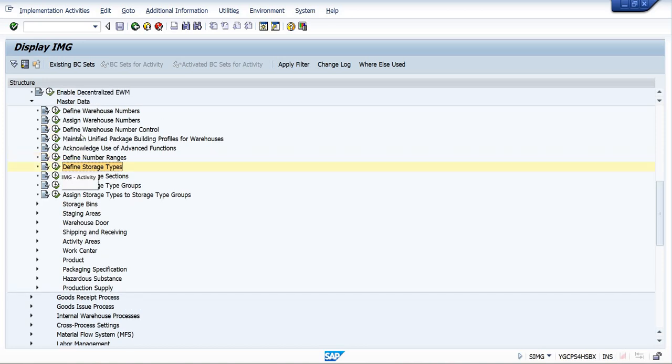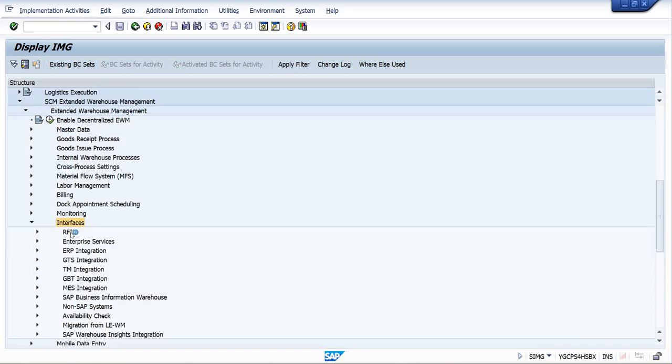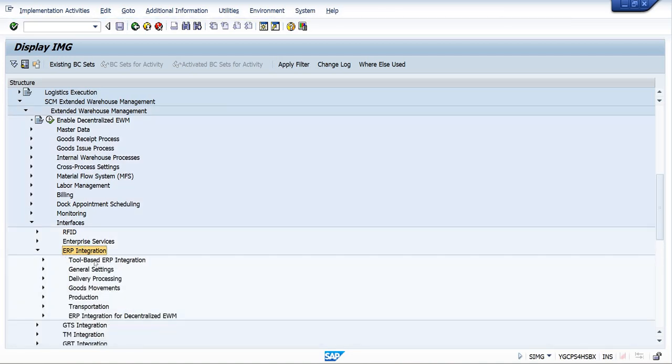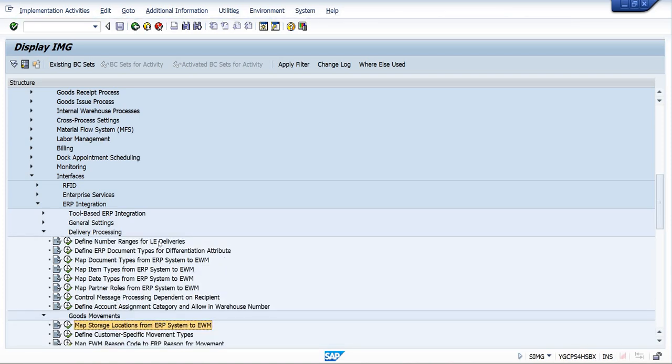Okay, so our warehouse number is now ready at the EWM. Next is interfaces. Under interfaces, we have ERP integration. Under ERP integration, we have goods movement. Under goods movement, we need to map the storage location from ERP system to EWM system. I'll show you how it is mapped. Before that,